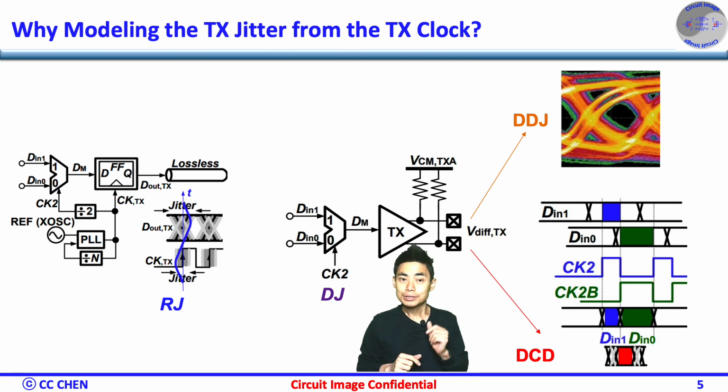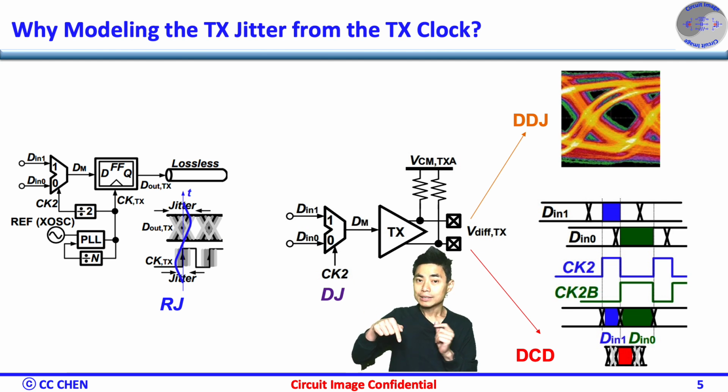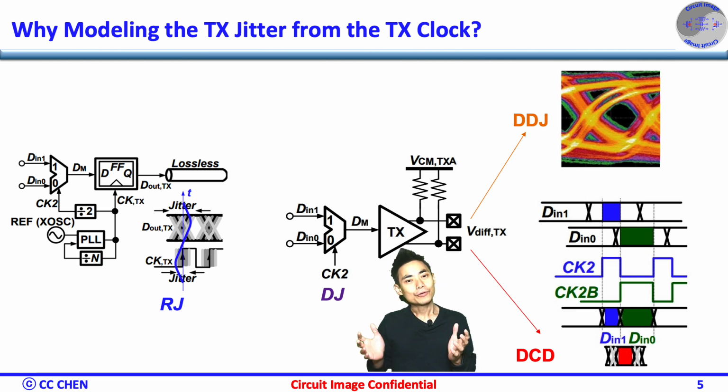Besides the jitter contributed by the TX buffer, the TX PLL clock may also contribute to the RJ and DJ. For example, DDJ or DCD at the TX outputs, which would degrade the link timing budget. Therefore, those jitters should be verified in your SPICE model, but may not be put into the TX IBIS